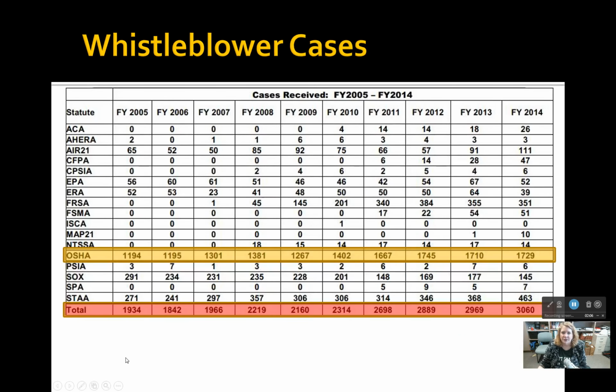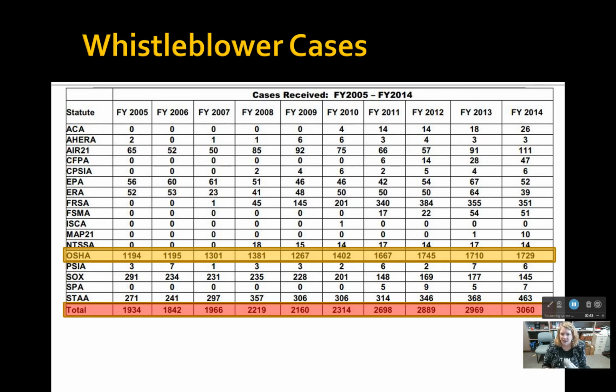Now, with regard to the Whistleblower Act, they've been keeping track of this for quite some time. With OSHA, some of the information is dated, and so it's a little bit harder to get up-to-date current information. A lot of times we're a year, 2 years behind. But you can see here that this kind of started in 2005, and it escalated. Essentially what happened is that in President Obama's era, he said, we will prosecute with regard to this, and that was one of the top priorities of OSHA during that administration.